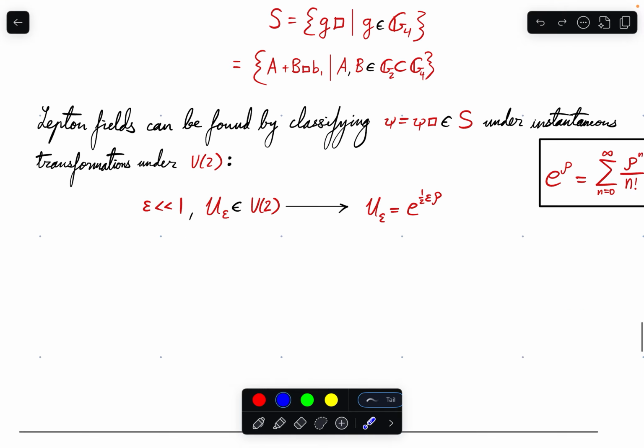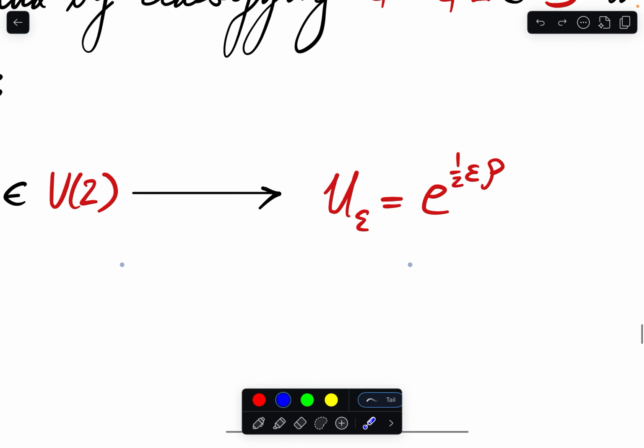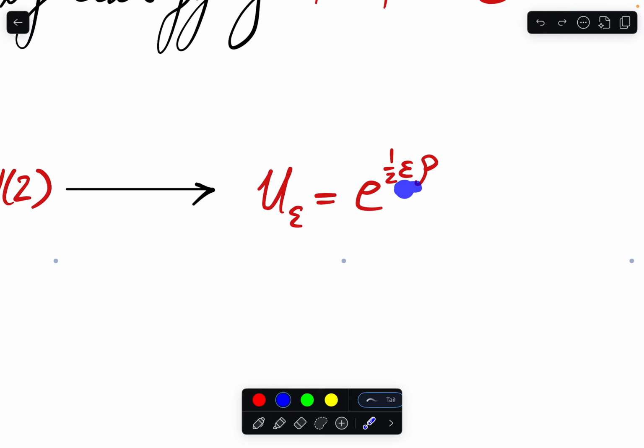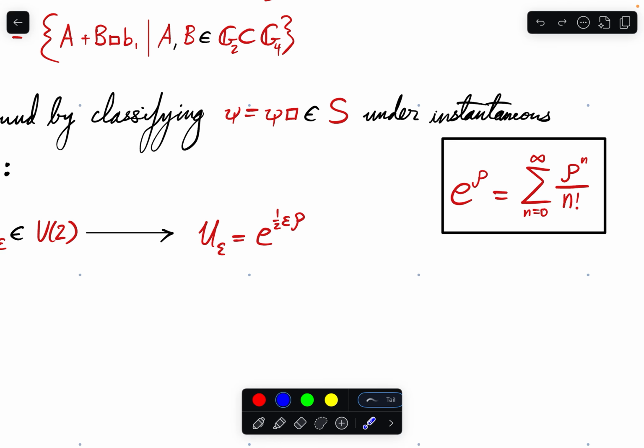So let's suppose we have some value epsilon significantly less than 1, and then we define some transformation in our U2 such that we take an exponential of 1/2 this infinitesimal value times rho, where rho was defined